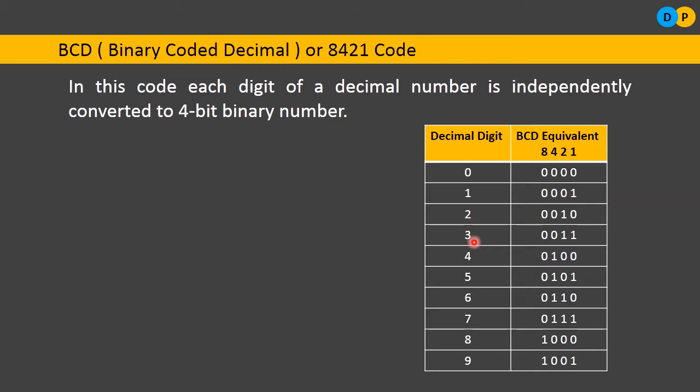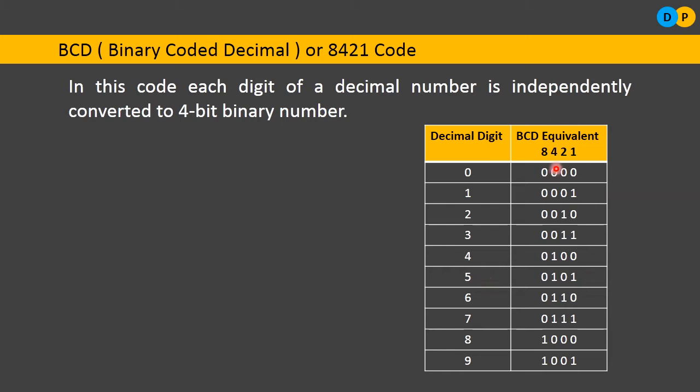Similarly 3. So how to get the equivalent of 3? In order to get 3, I need to add 2 plus 1. So if I add 2 plus 1, I'll be getting 3. That's why in the place of 1, I'll be getting the bit value 1. In the place of 2, I'll be getting the bit value again 1. What about 4 and 8? 0. Next, 4. Directly I'll be considering the bit value 1 for the power value 4. So 0, 1, 0, 0.